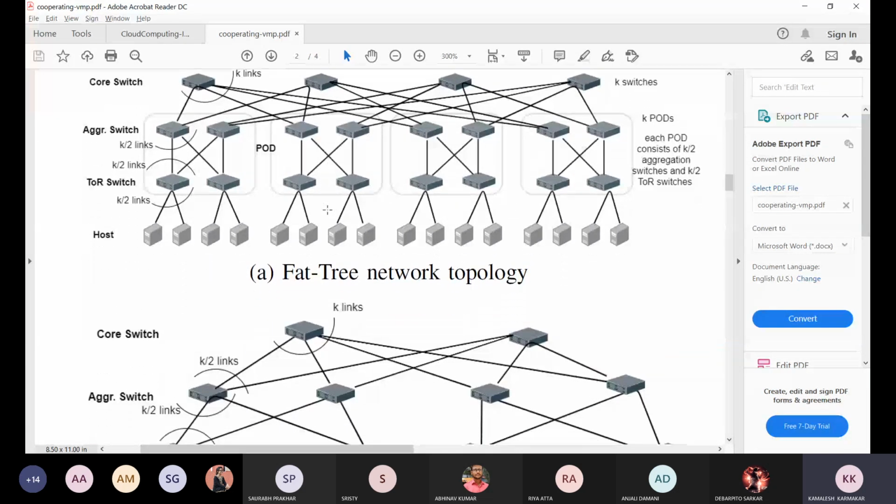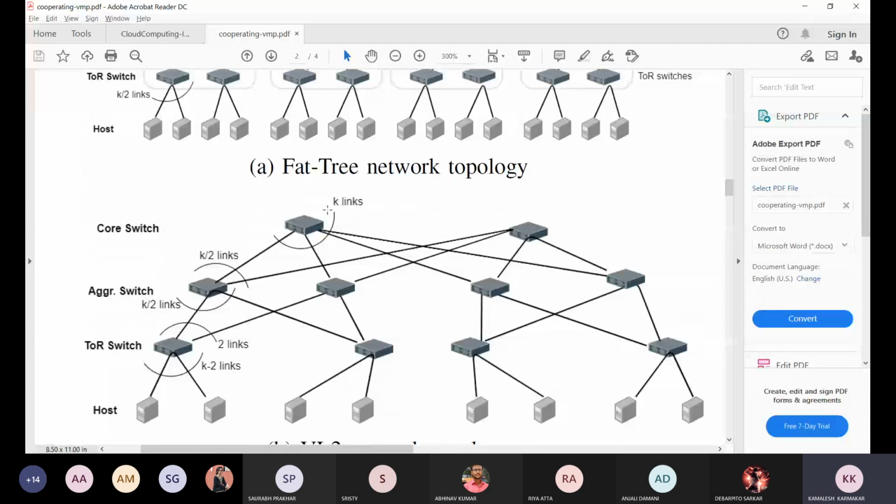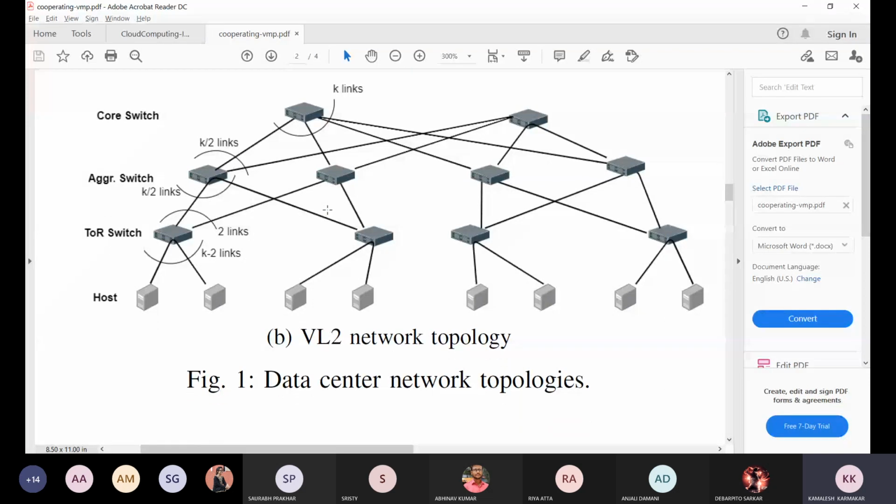Now we have another type of network topology, which is the VL2 network topology. Again, the purpose of VL2 is connecting lots of hosts or managing a huge infrastructure.